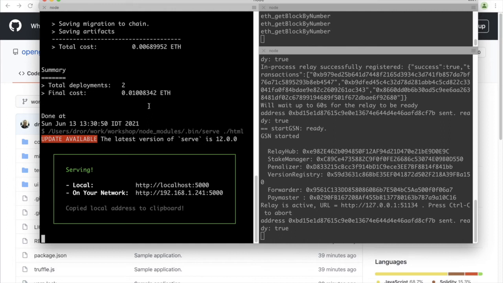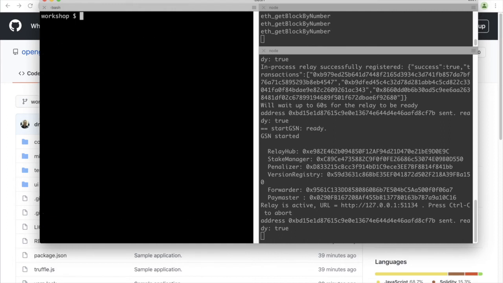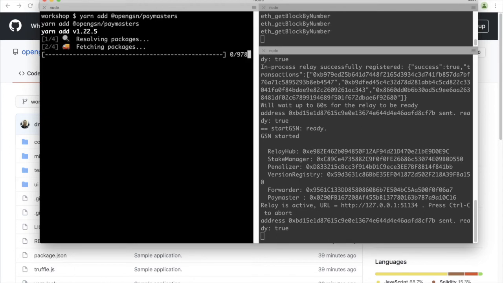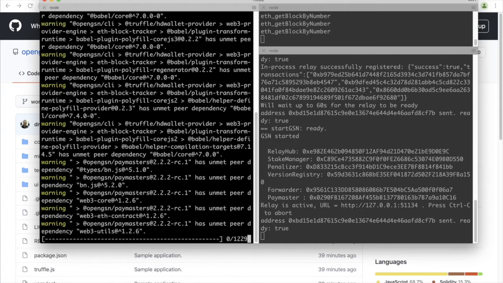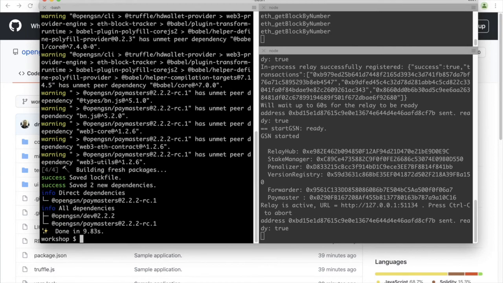For this purpose, we created a project with some helper paymasters. We will add it to the project. We will use a paymaster we called whitelist paymaster. A whitelist paymaster allows us to specify specific addresses we trust to use, or contracts we trust to use with